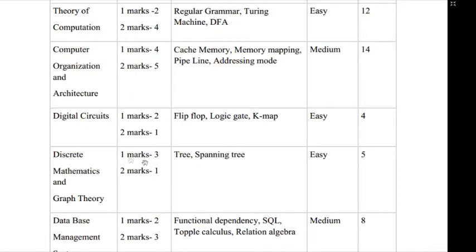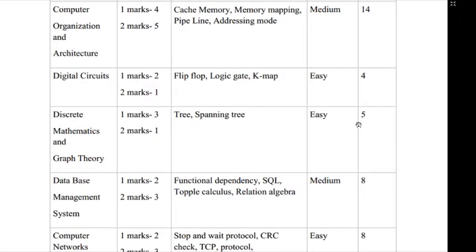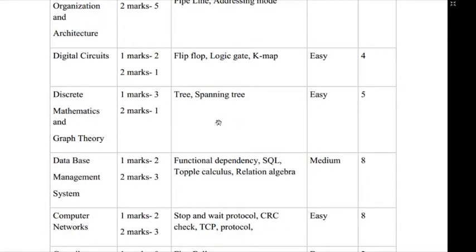Digital circuits, around 2 one-mark questions, only 1 two-mark question. Flip-flops, logic gates and K-map are the important topics from where questions have been asked. The level of difficulty was easy, and only 4 marks have been asked. Discrete mathematics and graph theory, 3 one-mark and 1 two-mark question. Trees and spanning trees are the topics from where the questions were asked, which were easy, and only 5